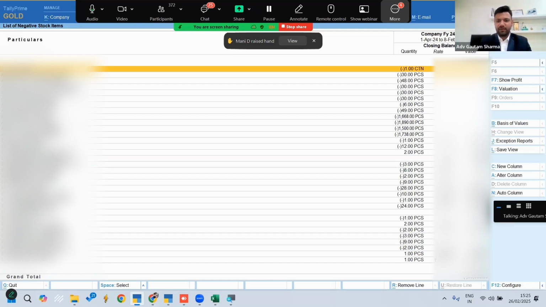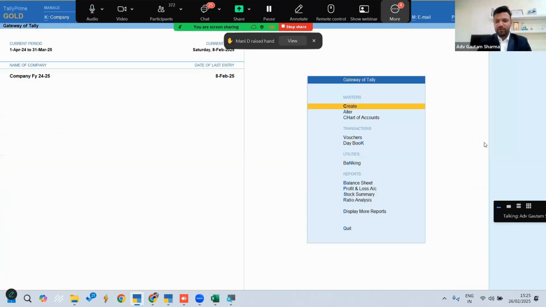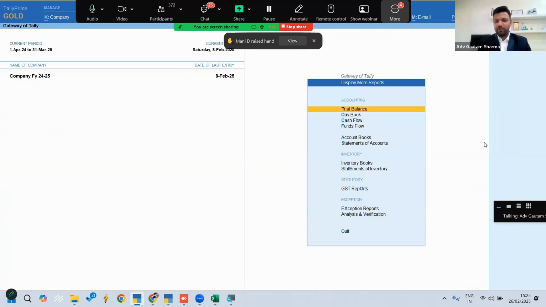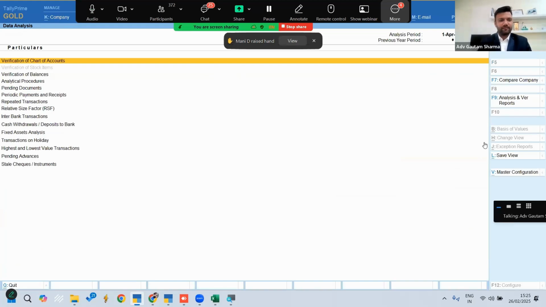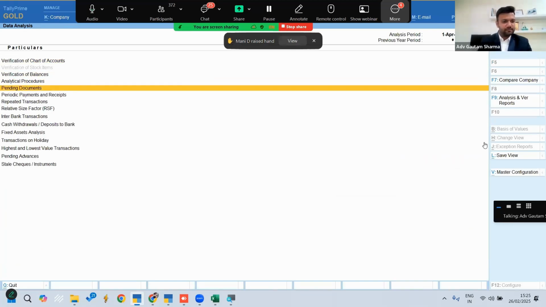So how to check that? In order to check that kind of report, you have to go to display more reports and then analysis and verification. Inside analysis and verification, there is a button data analysis. Here you can get an option